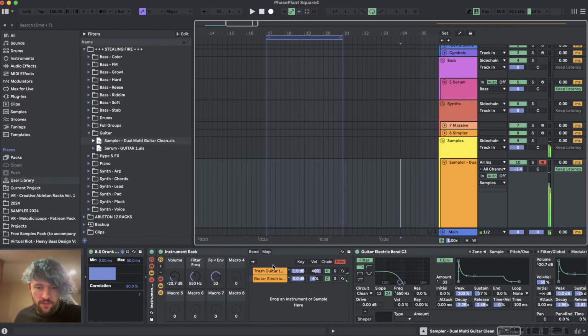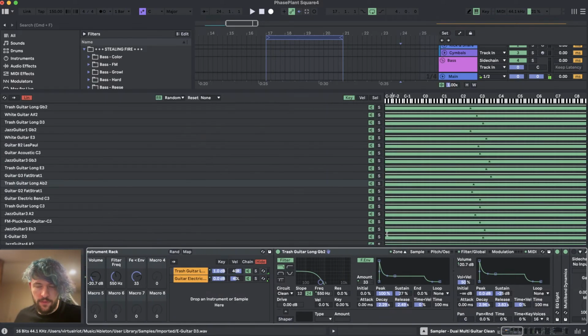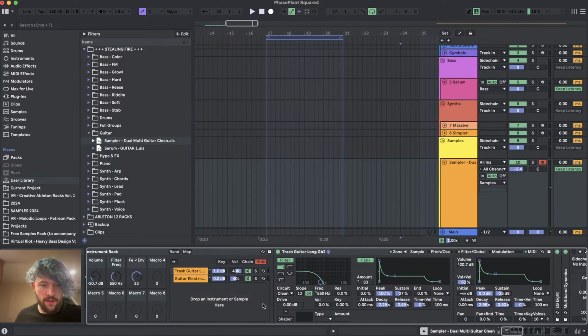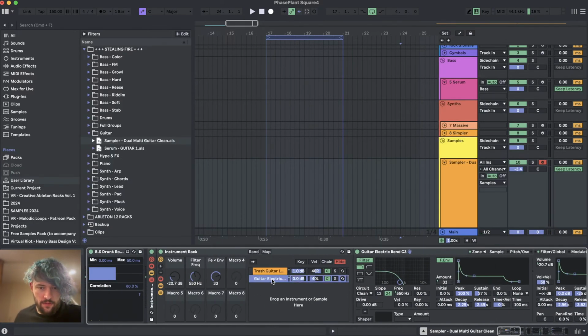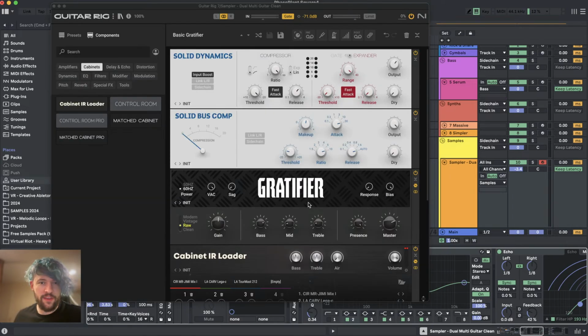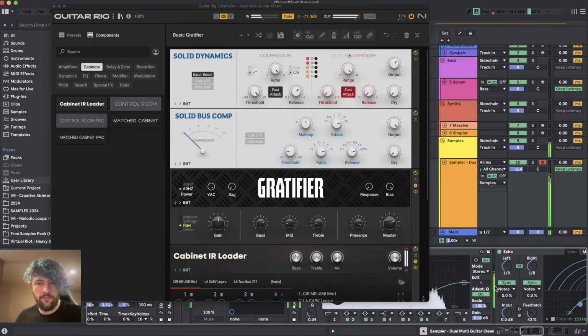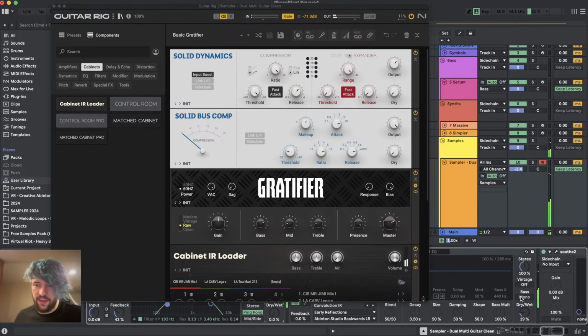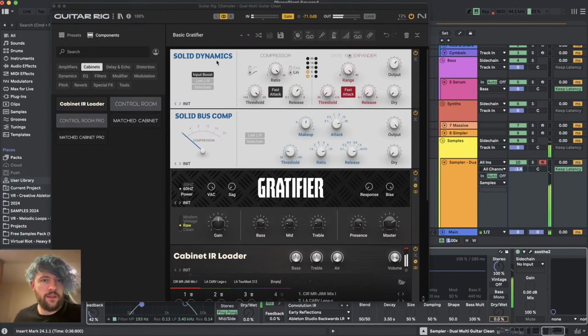So that's just these two samplers filled with a few one-shot samples, and it picks a random one every time. It doesn't play them all at once. The second one is on the other channel, and then both of them go in here, and this is a really chill setup right now. But I guess if I got rid of that delay and of this, we could...